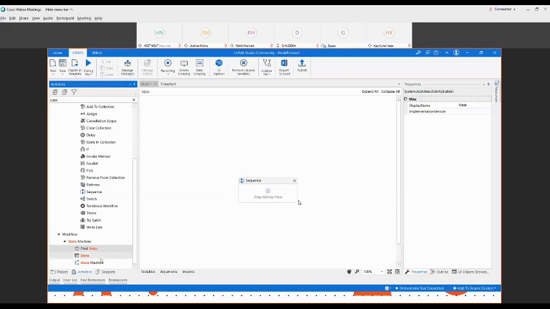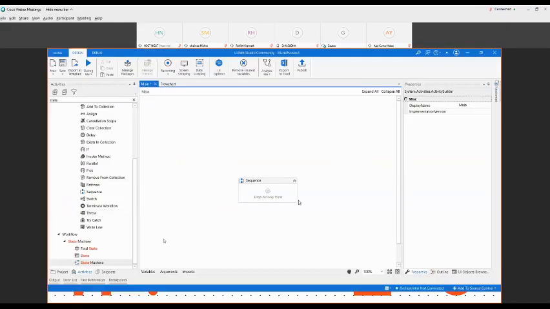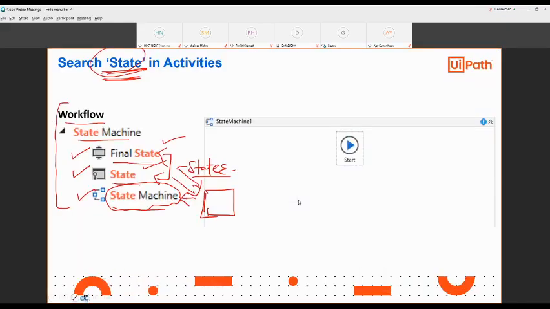Is my pointer visible now? Here you can see when I try to put the state machine, it allows me to drop it here. Is it clear now?